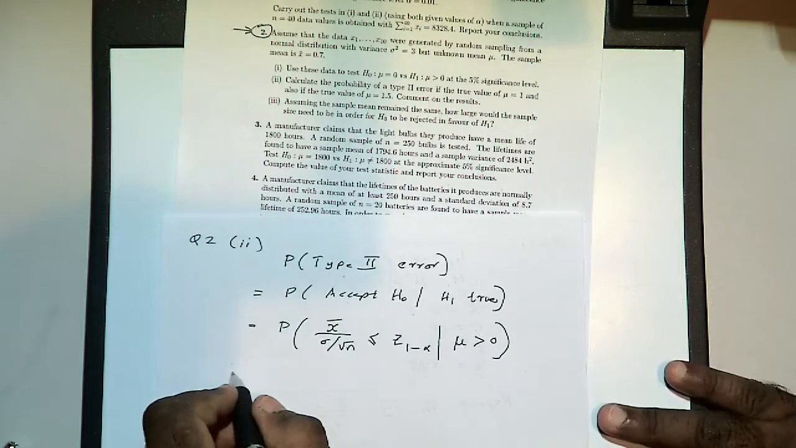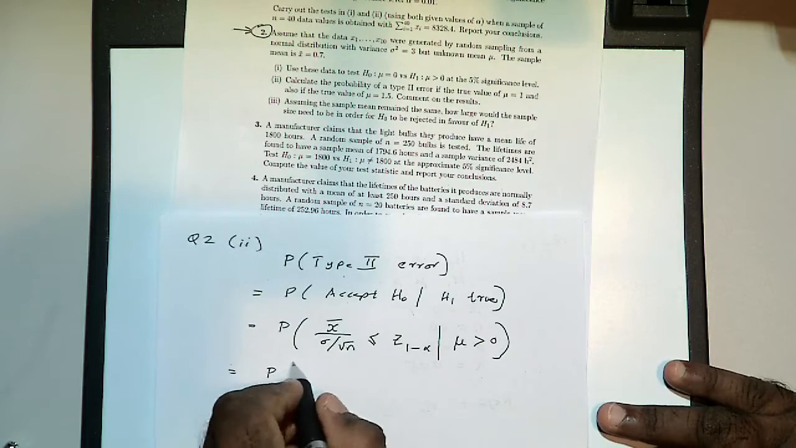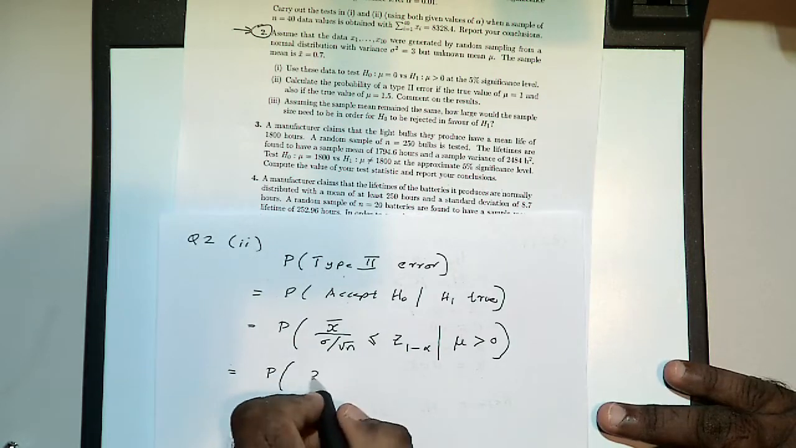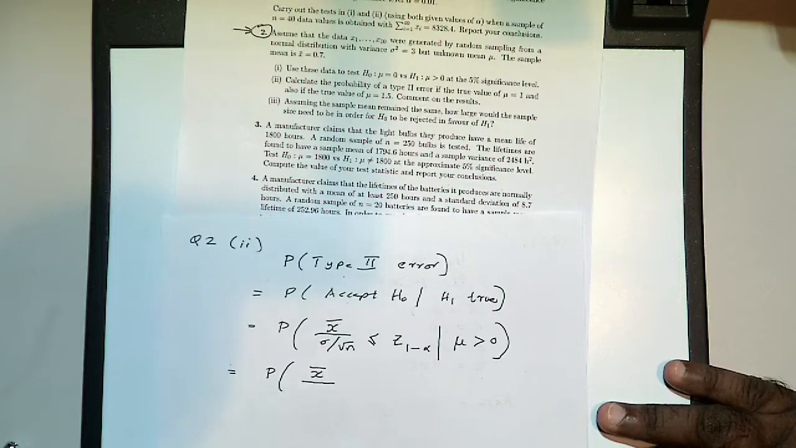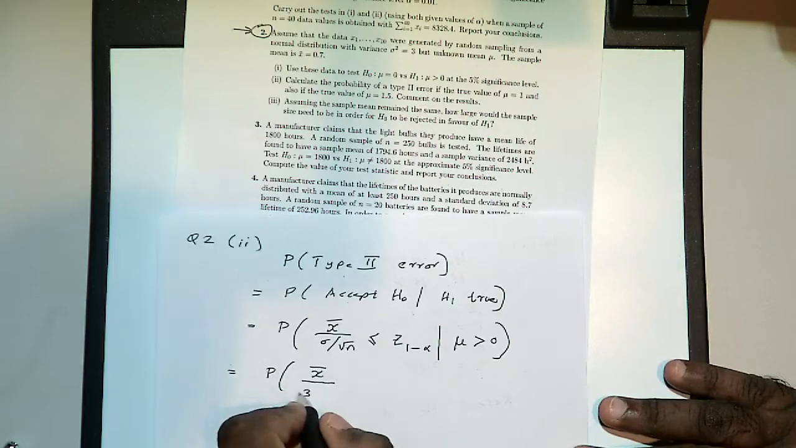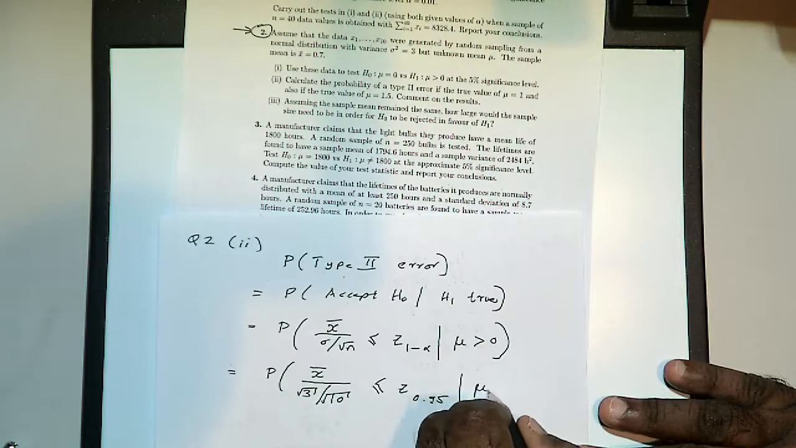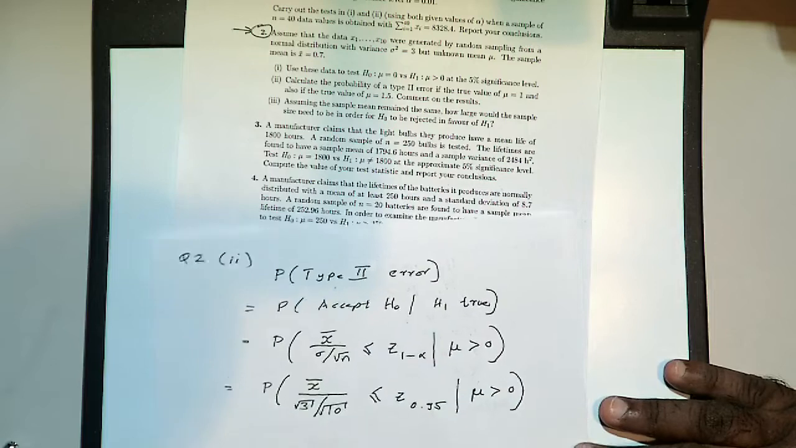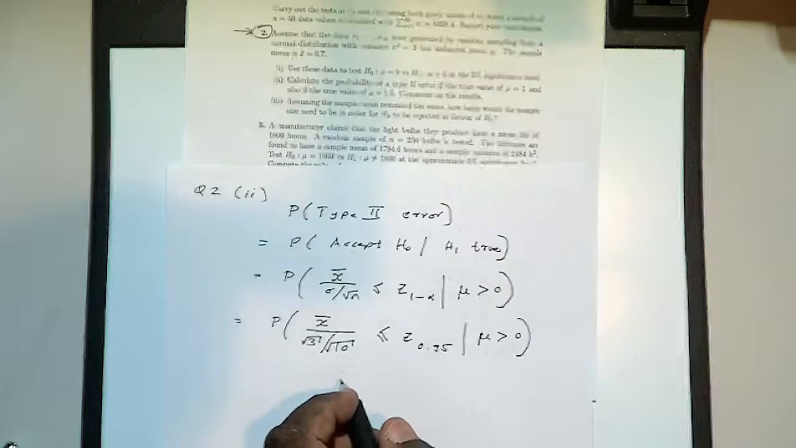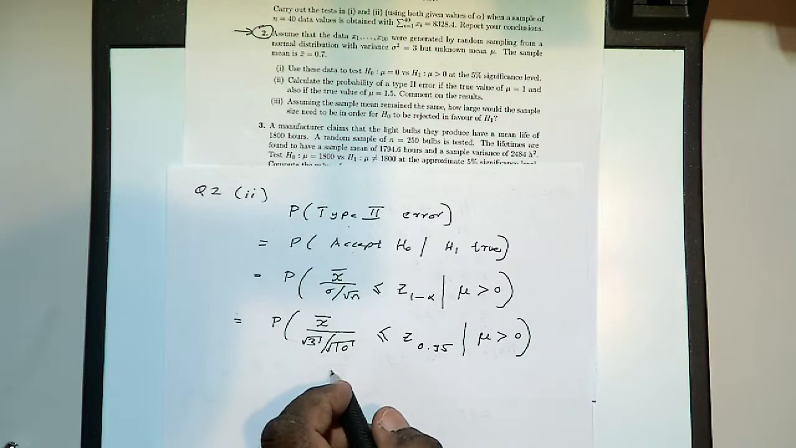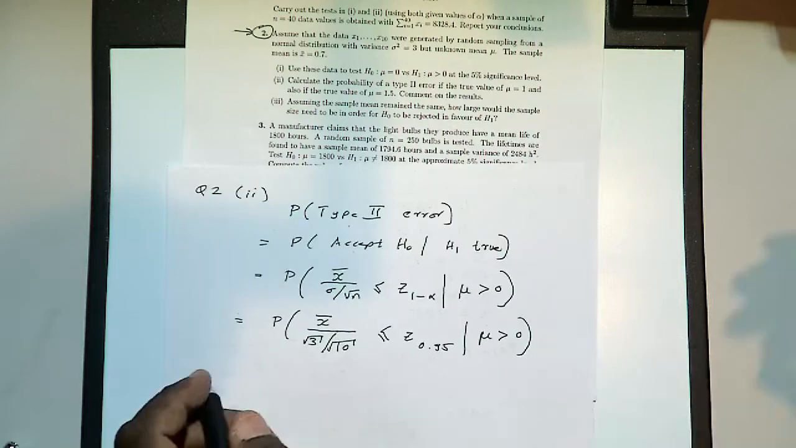Okay, so this will be, let's keep x bar as x bar. Sigma, what was sigma? Sigma was square root of 3, right, divided by root of n, n was 10. Less than or equal to z 0.95, mu greater than 0. Right? Now the next step, I'm gonna use a trick which you should know from a long time ago, that when I talked about the normal distribution, one of the properties I mentioned